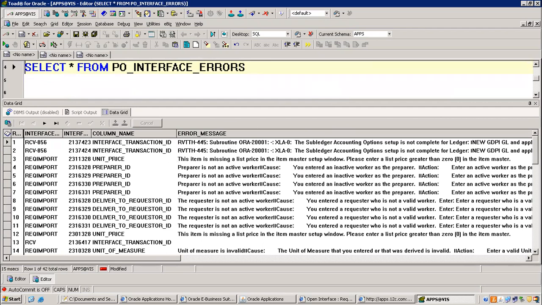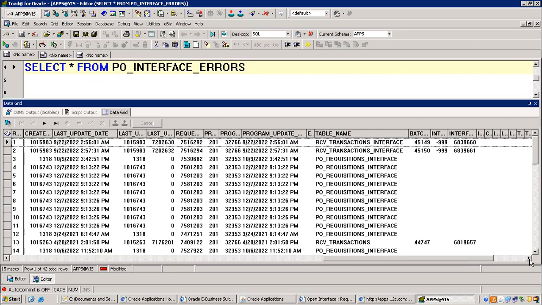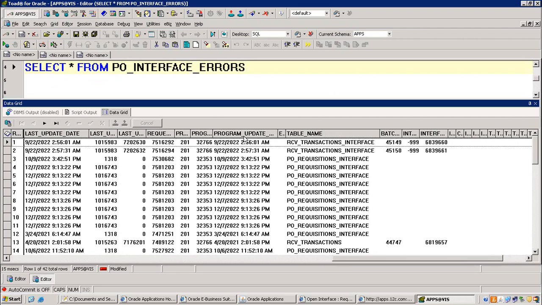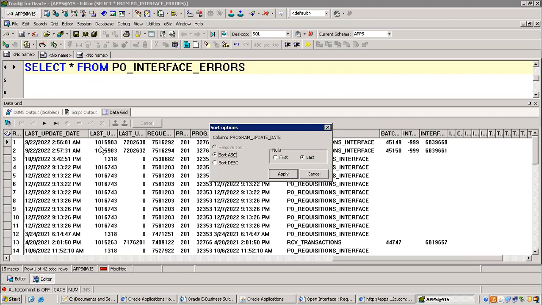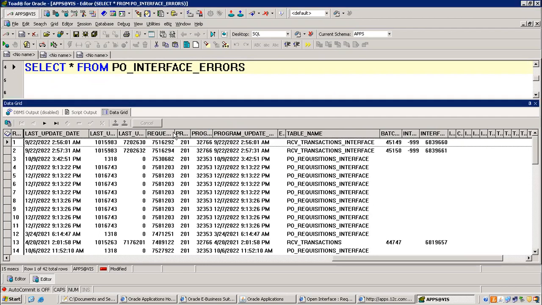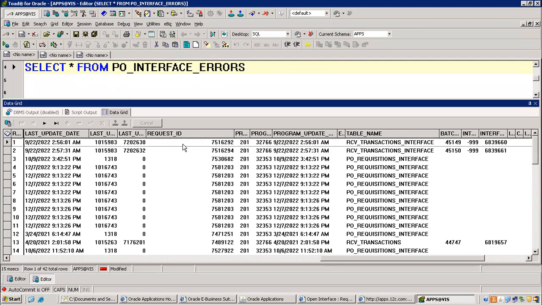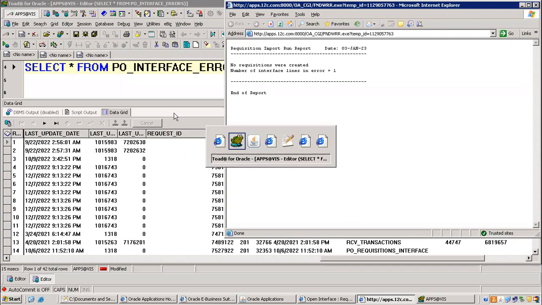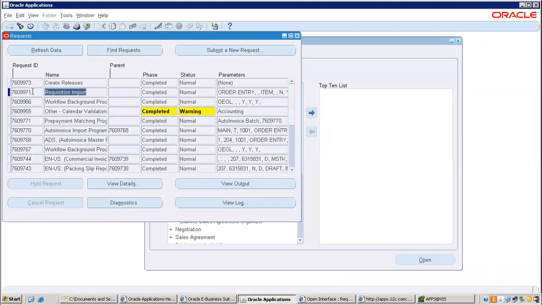How to identify your program's record? Obviously based on the date, and request ID is there, right? Request ID also we can use. This request.